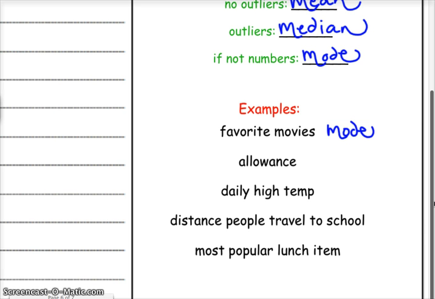Allowance. Mean. I mean, could there be outliers? Some kids get nothing. Some kids get 20. Some kids get 5. Some kids get 3. I would say there's some outliers. Daily high temp. Depending on what time of year you're talking. If it's the same season, they're around the same number, you could do mean. But if it's year-wide, there's some. Especially year-wide, it gradually